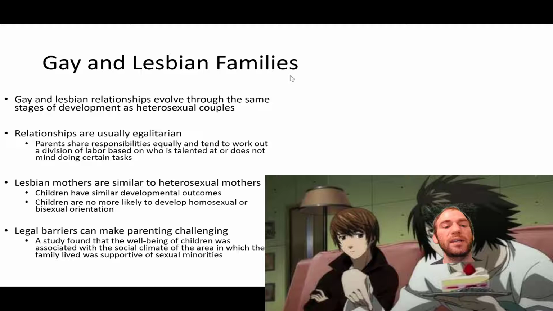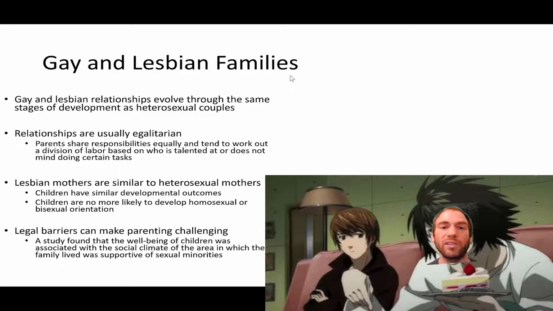Their legal barriers can make parenting challenging. A study found that well-being of children was associated with whether the social climate of the area in which the family lived was supportive of sexual minorities. And I'm just being a little straightforward, especially if you're living this out. But what this is alluding to is that if you live in a place where your family or your neighbors hate you, or there's legislation that disenfranchises you, that obviously will contribute to your well-being as a parent and also to the well-being of your child, because we have these spillover effects. And obviously those differences in legislation vary by state, but even